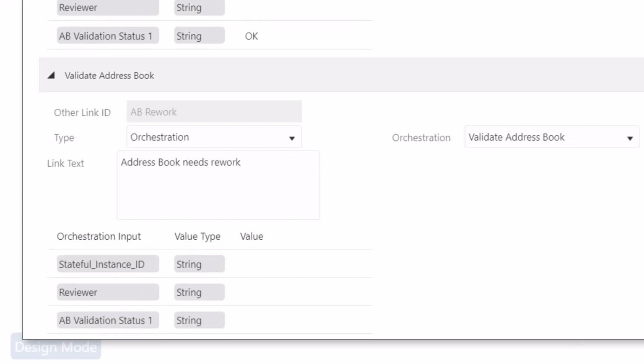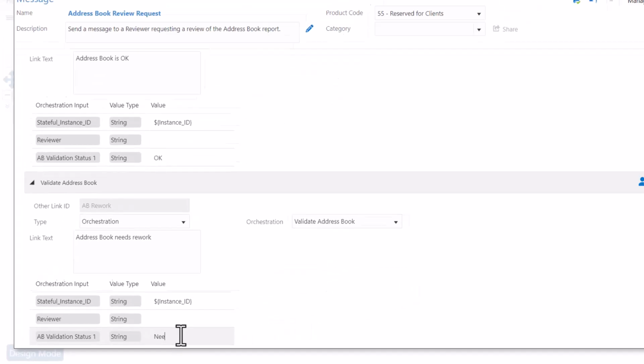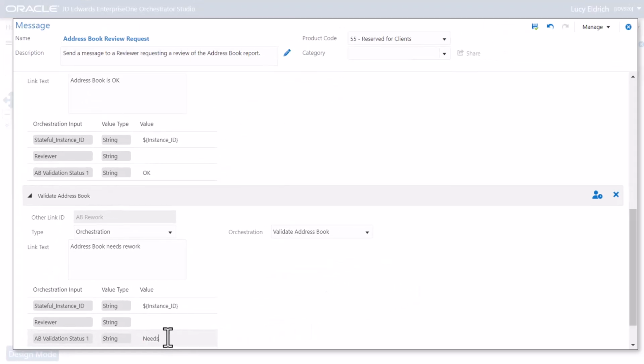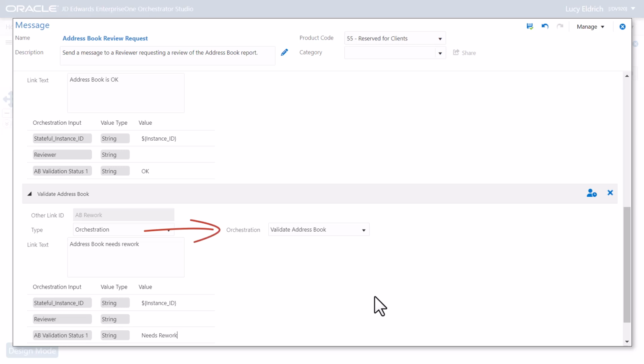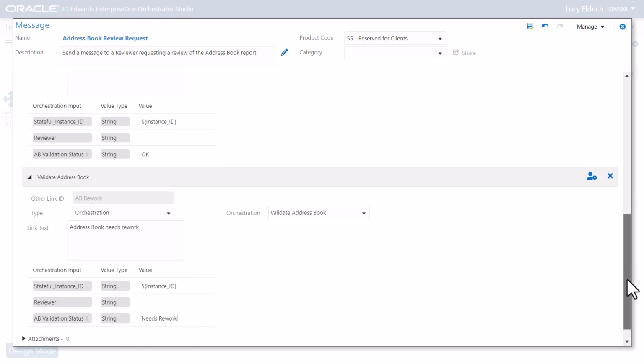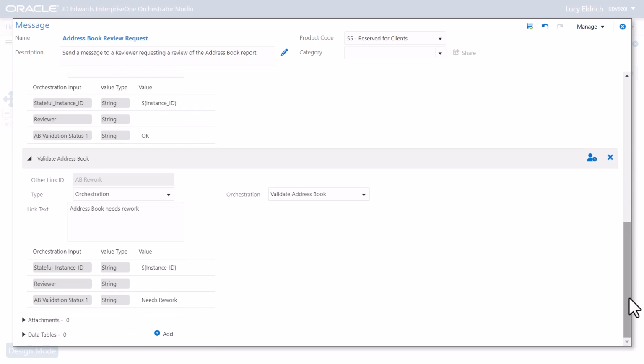And enter Stateful Instance ID as shown here. Let's leave the Reviewer field blank. And here in the AB Validation Status field, let's enter Needs Rework. Note that here the orchestration we are calling with this action link is the same orchestration that we are creating. Clicking this action link and passing its instance ID will restart it after pausing.